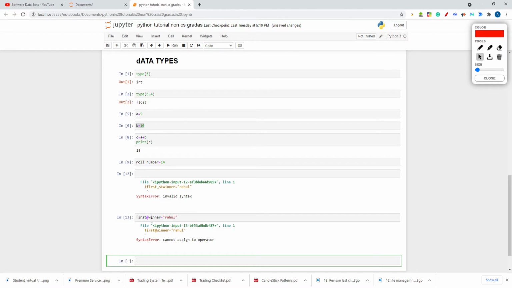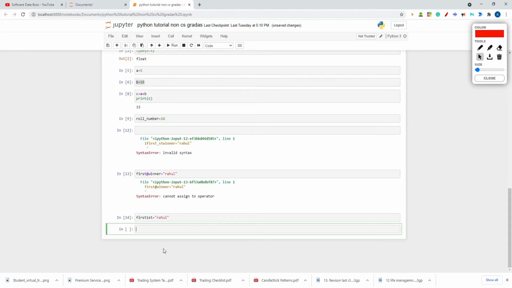You can have a number in the middle, but you cannot start a variable name with a number, and you cannot use special symbols while declaring the variable name. You need to take care of this. Read about this more, you'll get more clarity on that. You can do it like that, like first, then you write the number. I have included a number in the variable, but somewhere in the middle, not at the start. If I run Rahul, I think it should work actually. Yeah, if I press shift enter, this is working, right? So you should remember that.